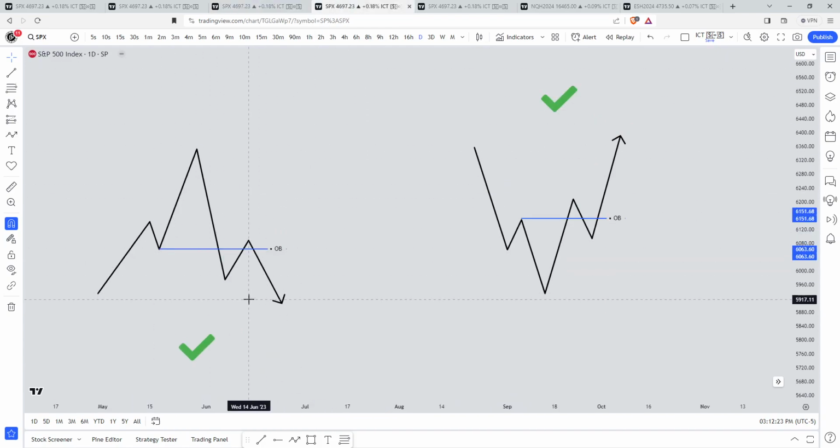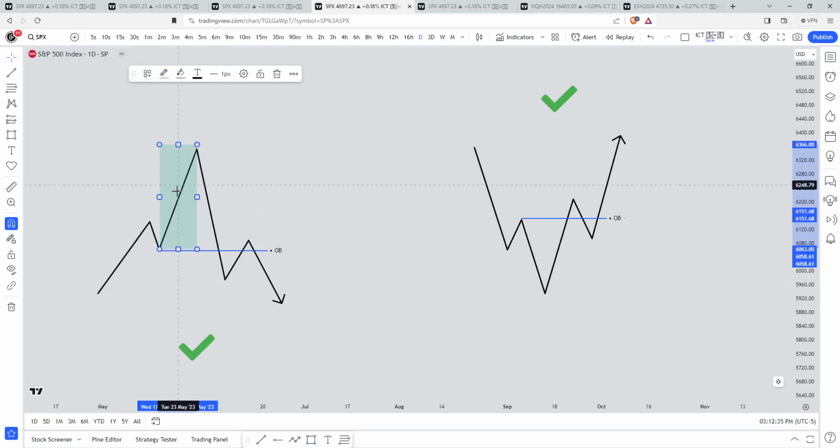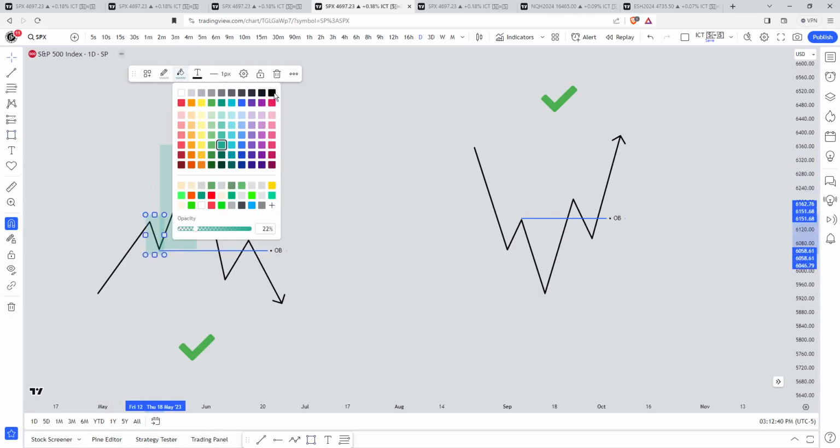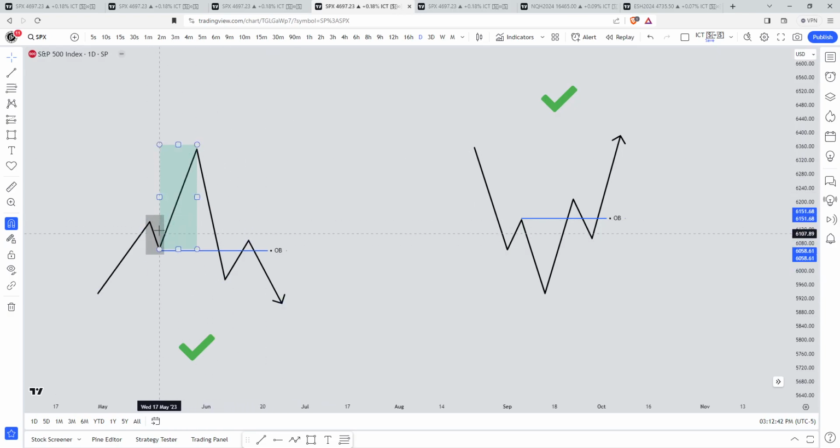This is more of a true market structure shift. This is a bearish change in the state of delivery. This is a bullish change in the state of delivery. So in this example right in here, when price moves from this low to this high, there's going to be an up close candle or series of up close candles. This right in here will be a down close candle. This right in here, a lot of the times, is a bullish order block. When price moves lower and breaks lower here, it's disrupting bullish order flow. So once it closes beneath, a lot of times this down close candle is breaking through